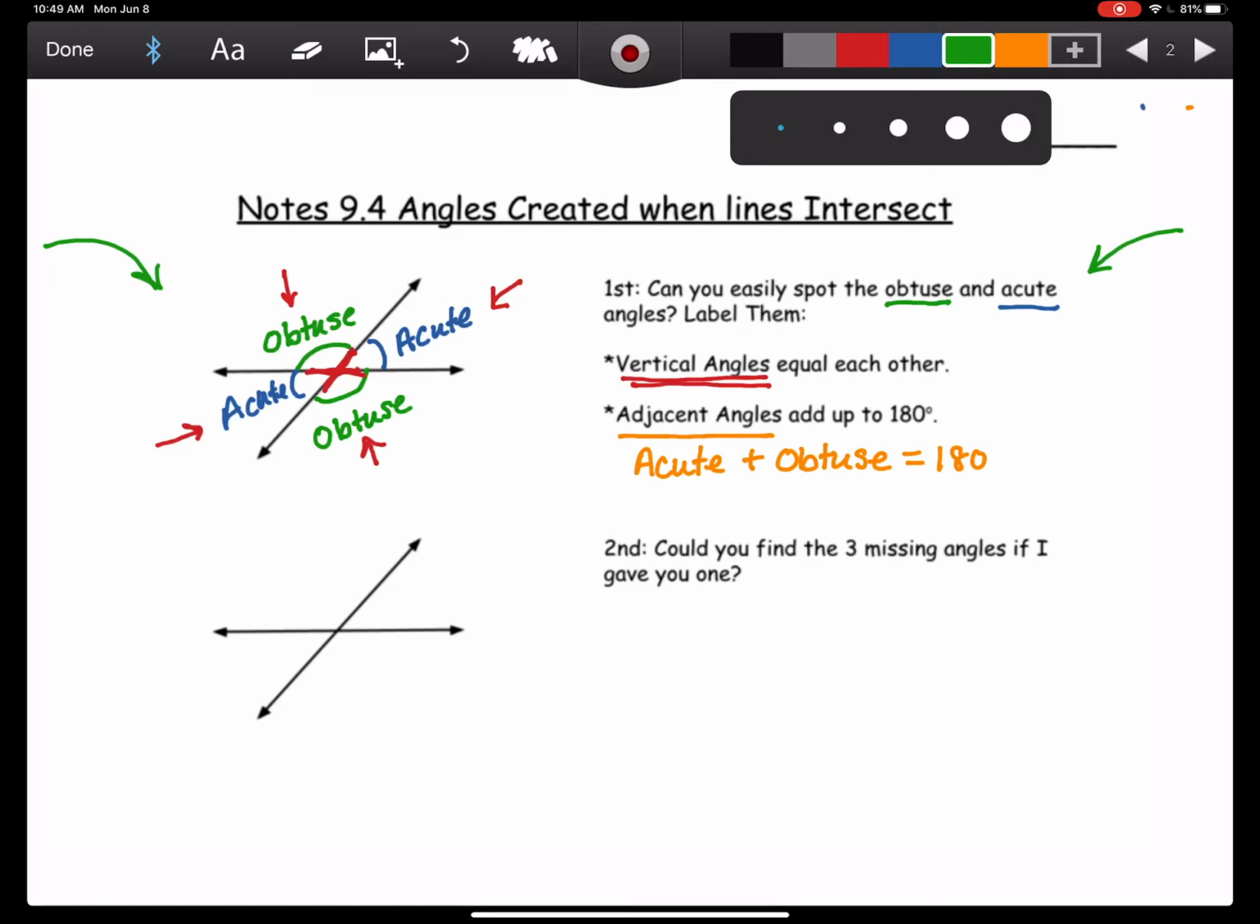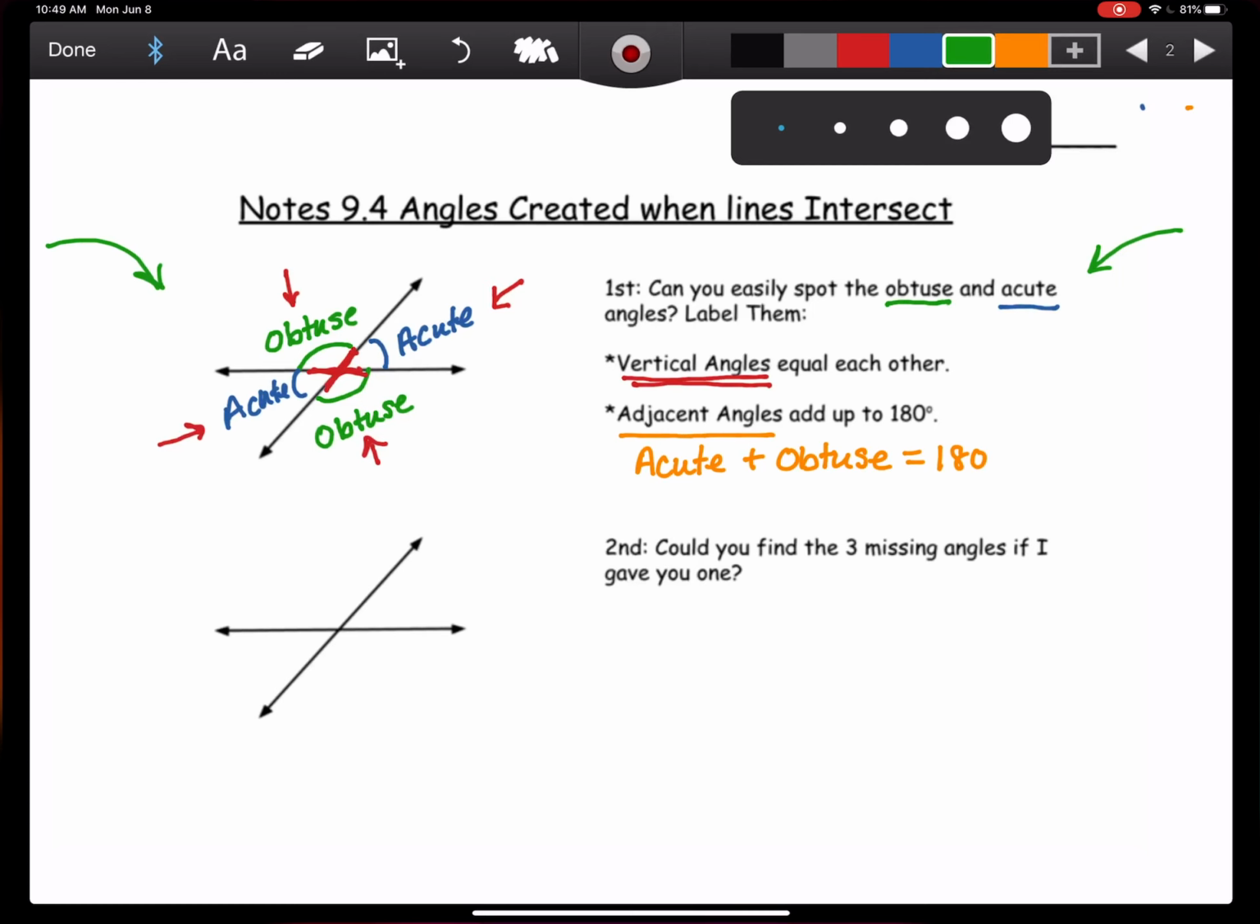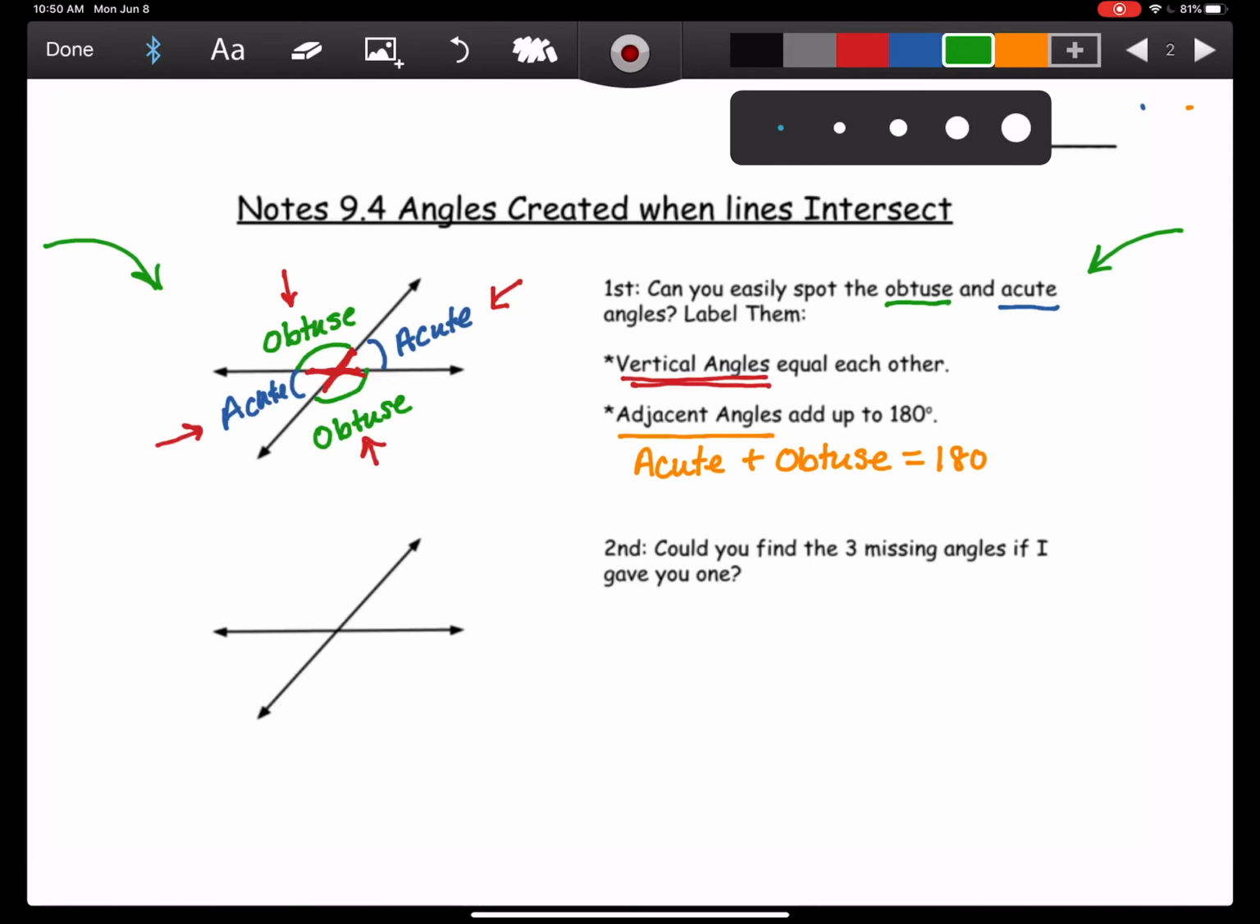So could you find the 3 missing angles if I gave you one of them? So let's say I gave you an obtuse angle. Okay, so that would mean that I gave you degrees that was just more than 90 degrees. Okay, so here's one of the obtuse angles labeled with 121 degrees. All right, so pause the video, see if you can figure out what the other 3 angles equal. Okay,